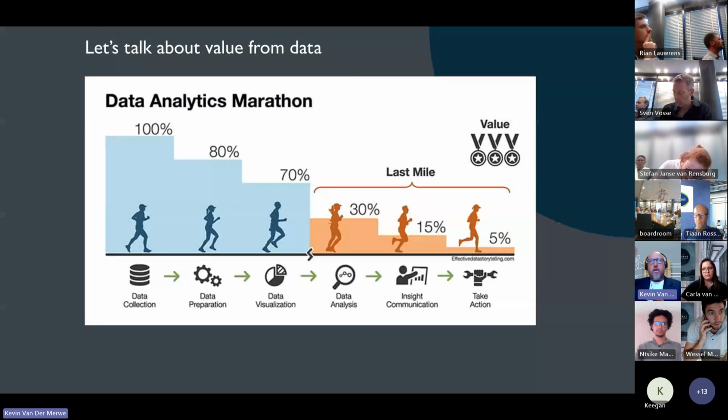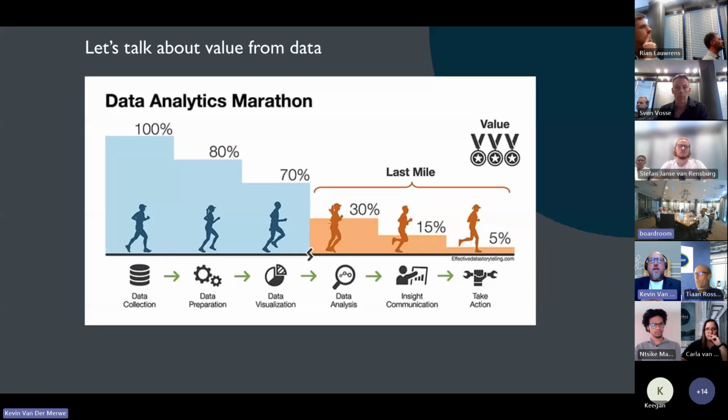So we throw around the term value from data, and I'm going to throw out my own little definition of value of data. And it's all related back to the,